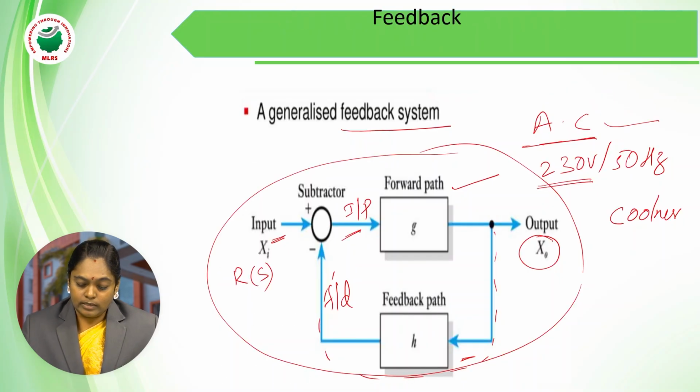And here, the error detector. If you observe, the input signal is represented with a positive sign, and the feedback path is represented with a negative sign. That itself indicates this input signal is going to be subtracted by the feedback path. That is the reason I have written it as subtraction.